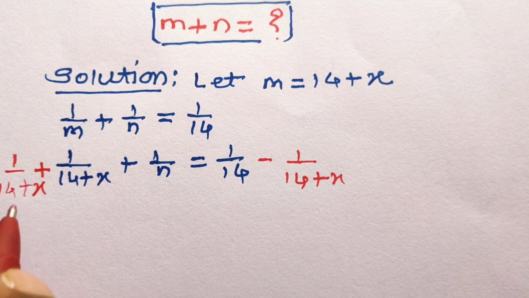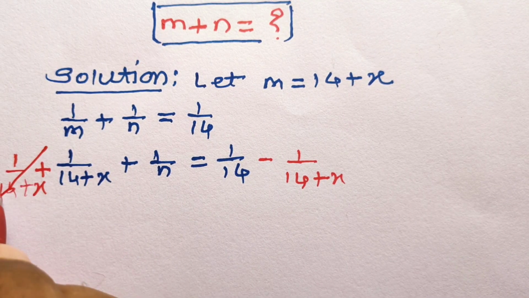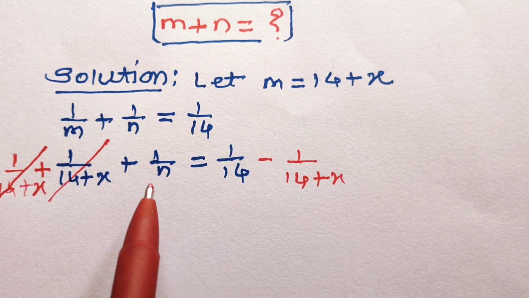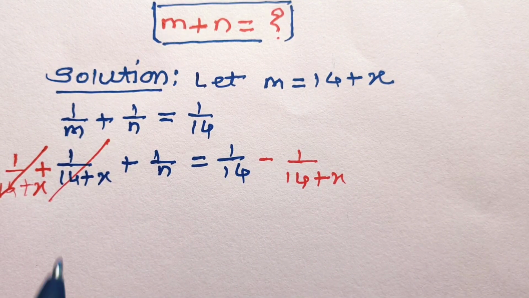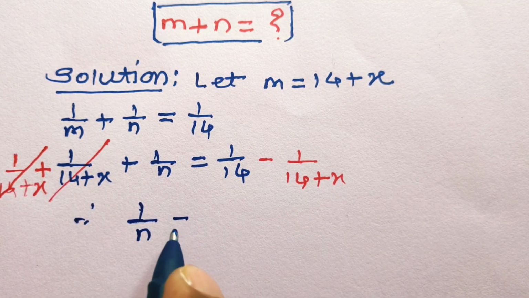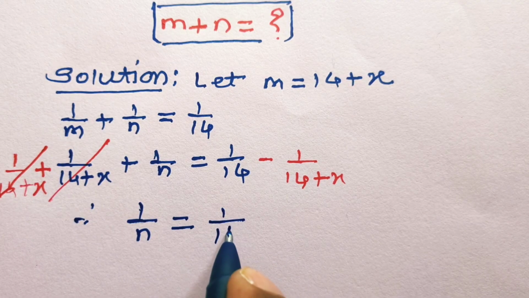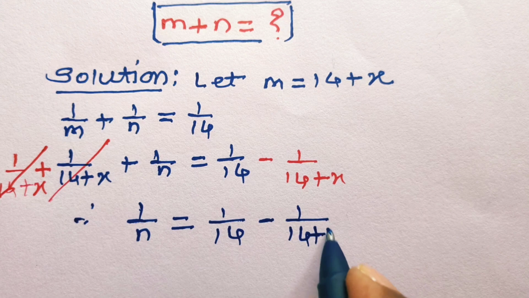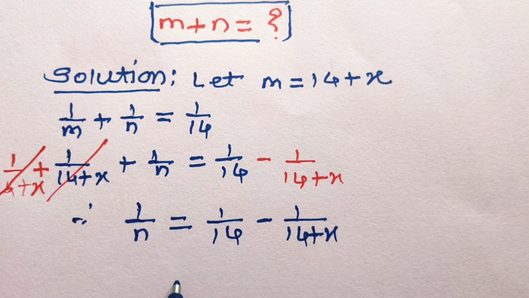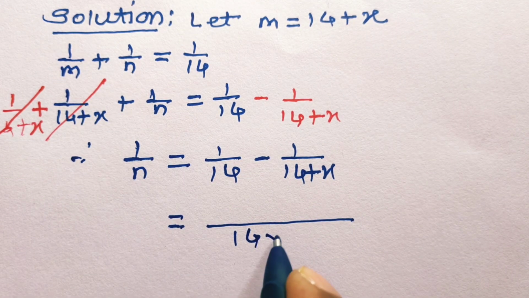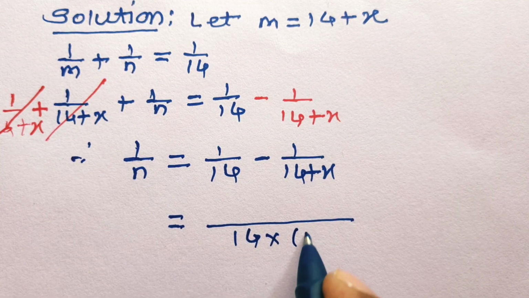Hence, on left hand side, this 1 upon 14 plus x gets cancelled with this 1 upon 14 plus x. On left hand side remains only 1 upon n. Hence, this gives 1 upon n is equal to 1 upon 14 minus 1 upon 14 plus x. Simplify right hand side. So this is equal to LCM of right hand side will be 14 into this 14 plus x,